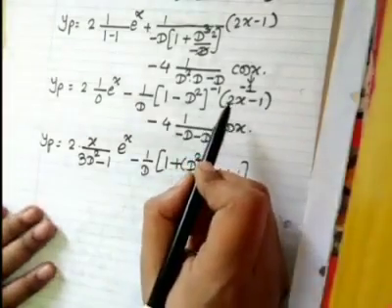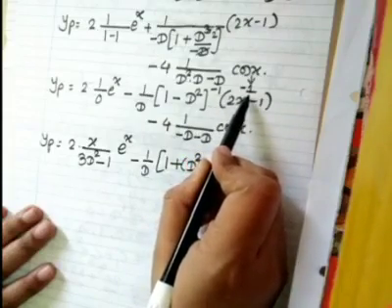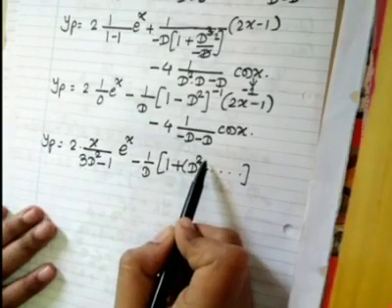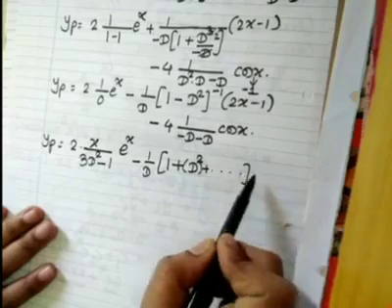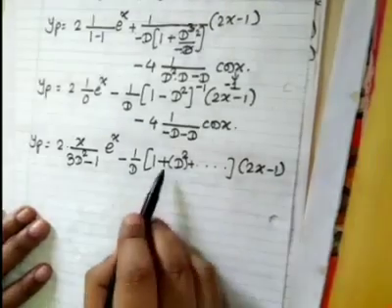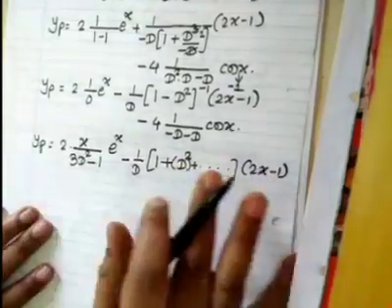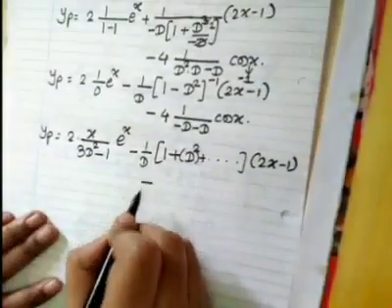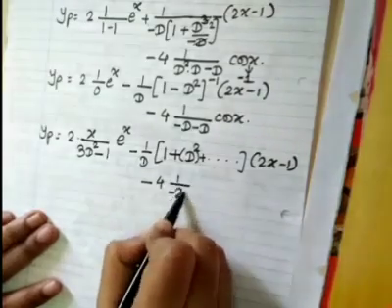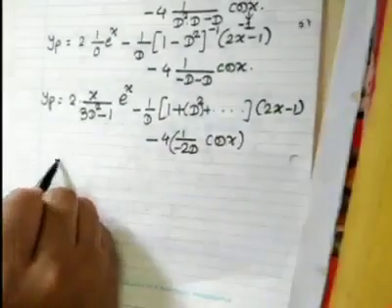Yes, very good. Our polynomial is 2x minus 1, where the power of the polynomial is 1. So we have to just write 1 plus whatever it is, power 1. So we will not write square or cube again, no need. Whatever is the power of the polynomial, we write up to that only. Power of x up to that. So here it is 1, here it is 1, enough. Minus 4 minus d minus 2d into cos x.